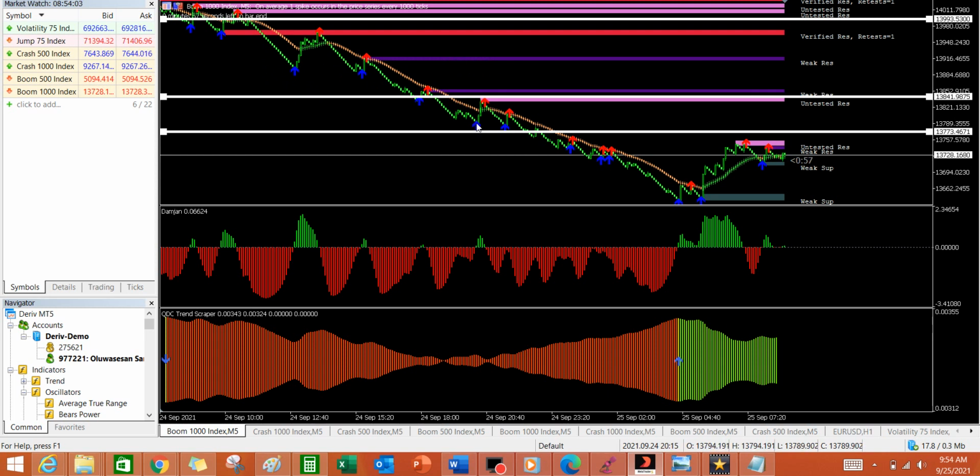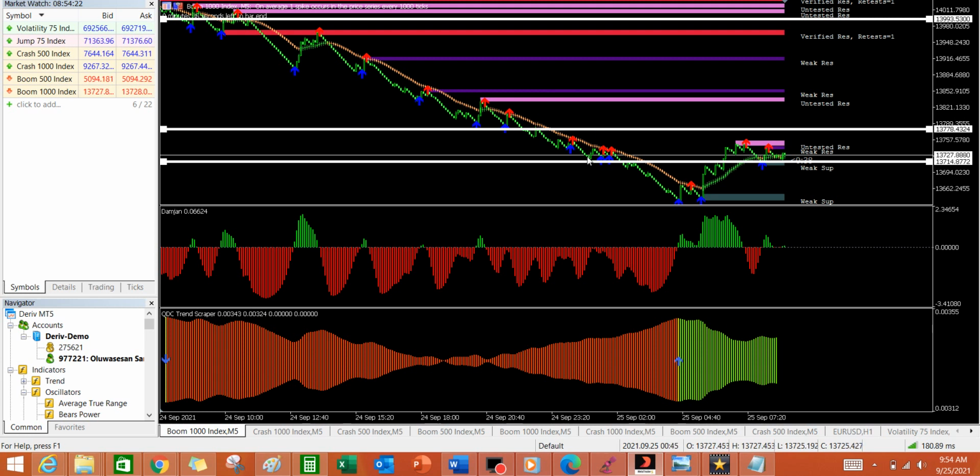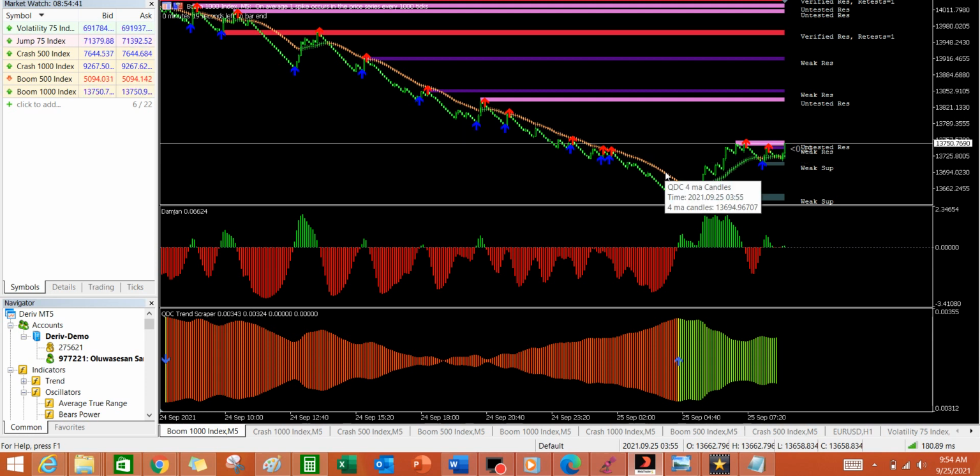It is difficult for a single spike from here, because it is on 5 minute time frame, to claim all the profit between this line and this line and even put you in negative, because you've gone far already. As it is going down, you keep on adjusting, except if it has gotten to your stop loss. That is when you can be out of the market. But if it is yet to get to the stop loss, then definitely you will have the opportunity to milk the market 100%. So that is the way it works, guys.